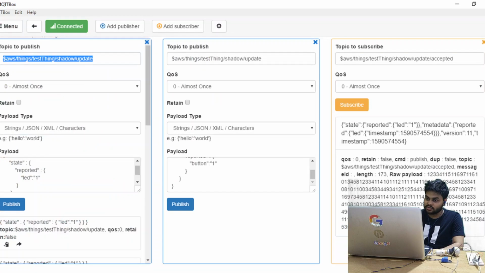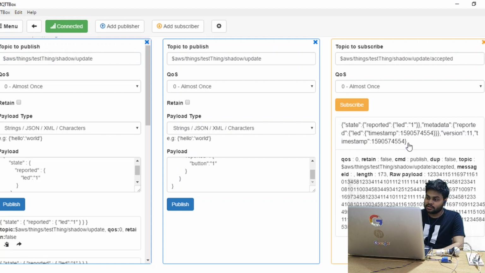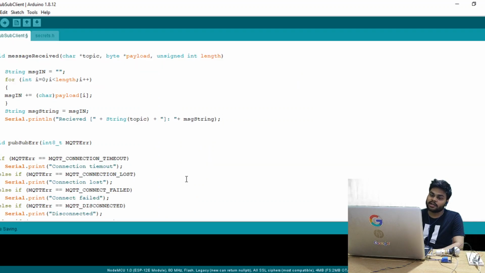If you can see here, this message is received character by character in the PubSub client library, and we are storing it in a string message in, appending each and every character to this empty string, and after that we will assign it to the message string.